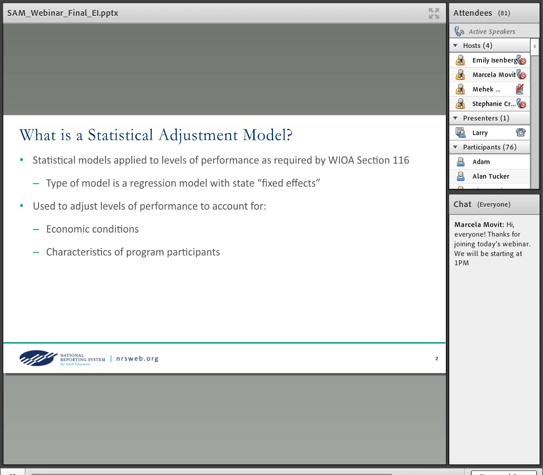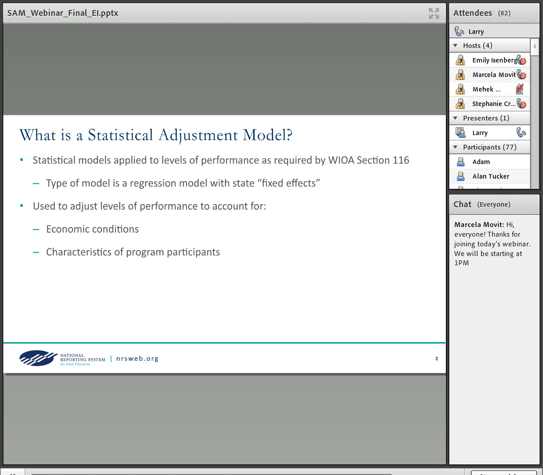So these are demographic characteristics and including the barriers to employment that we've been talking about for a couple of years. And now you'll see, if you didn't know already, a real demonstration of why it's been so important and why we've been emphasizing the importance of collecting those variables, because they are part of the model as well. And those particular variables are the ones that are going to affect your adjustment, or the adjustment that's made by the model.